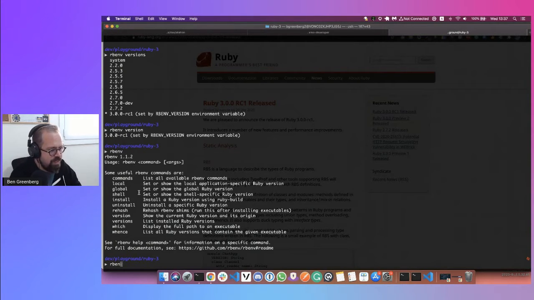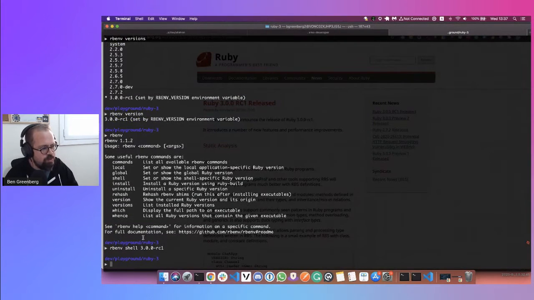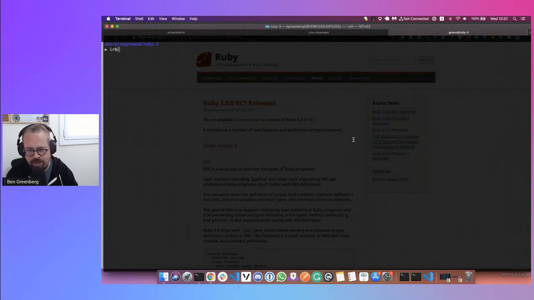So what I did was I used shell to say I only want to use Ruby 3.0 in this shell instance. So I'm in Ruby 3.0 right now, which means that if I open up IRB, and for folks who don't know what IRB is, interactive Ruby. It's sort of like your local playground where you get to play with Ruby on your system and test things out. This is the Ruby 3 IRB. And it looks in many ways really different than IRBs that we've seen before.